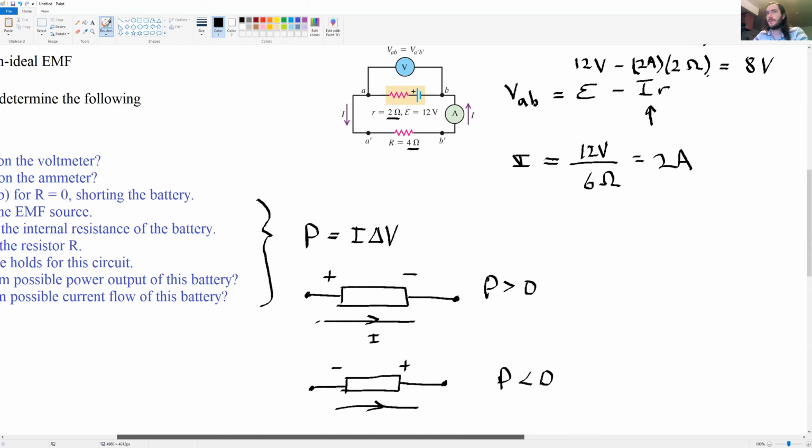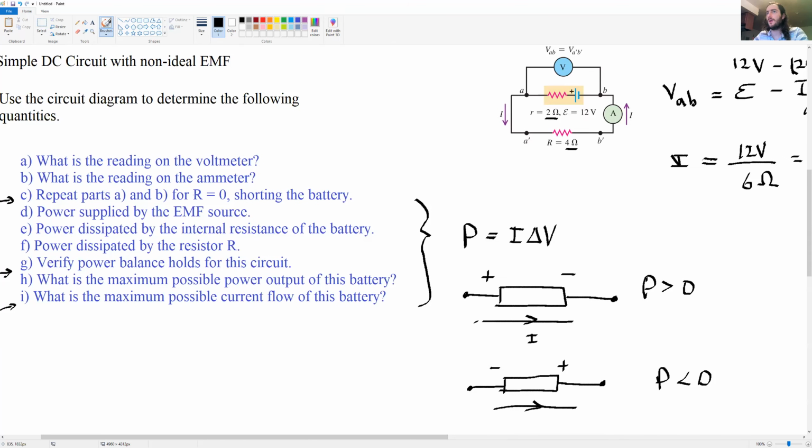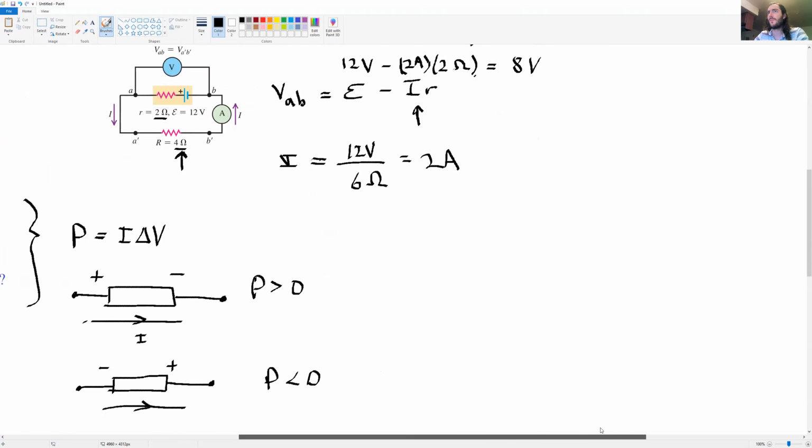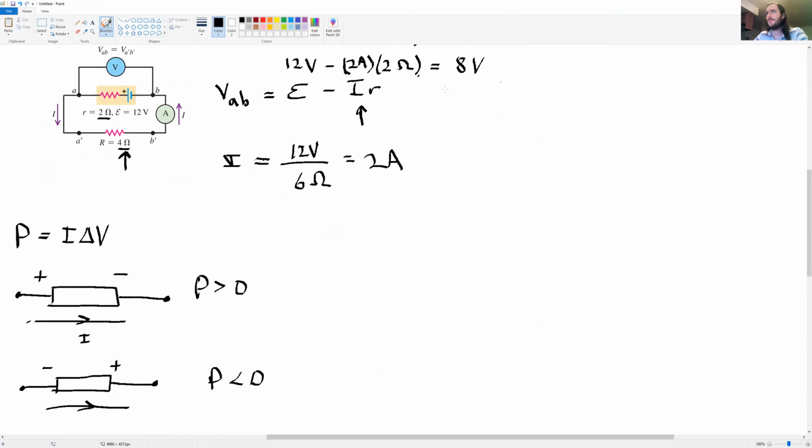Now, the next part says to repeat parts A and B for R equals 0, shorting the battery. That's this R right here. You cannot make the internal resistance of a battery 0, but you can certainly short the battery and make big R 0. So if we make big R 0, if big R equals 0,